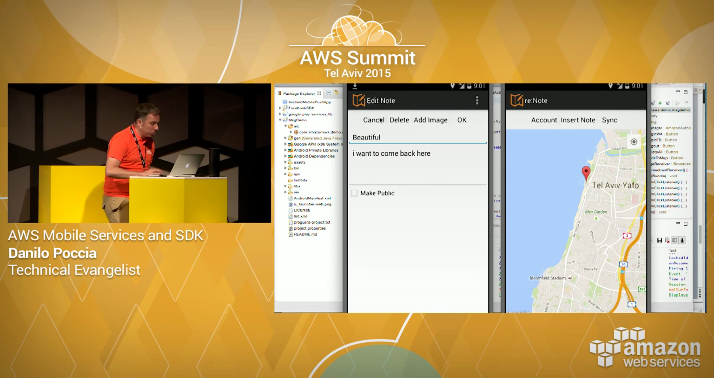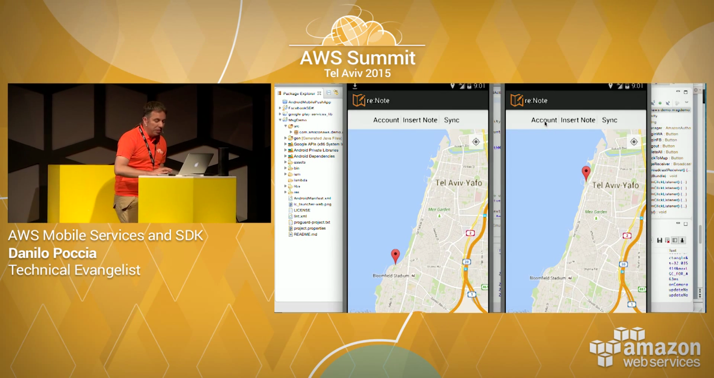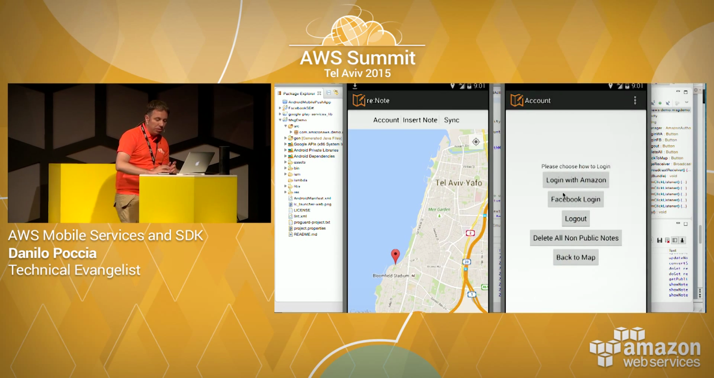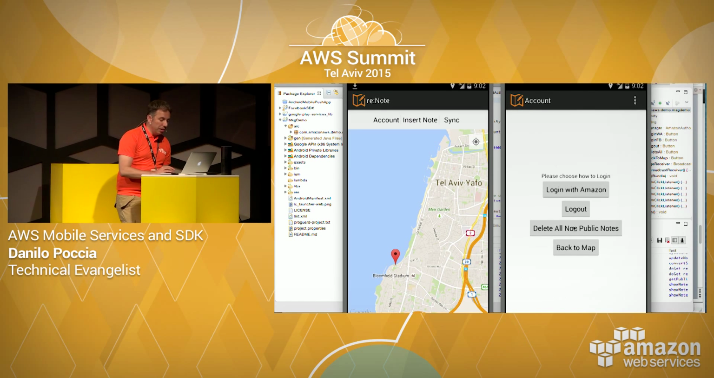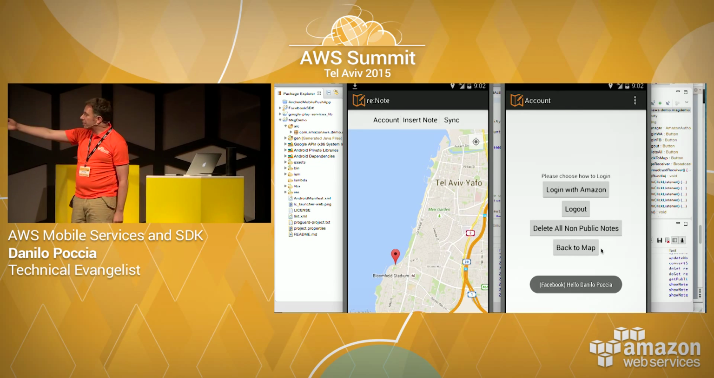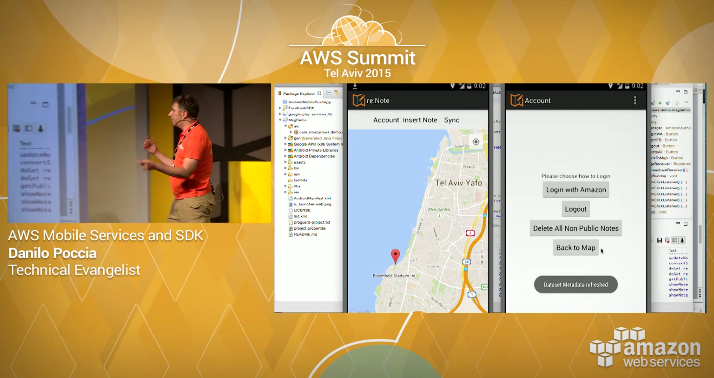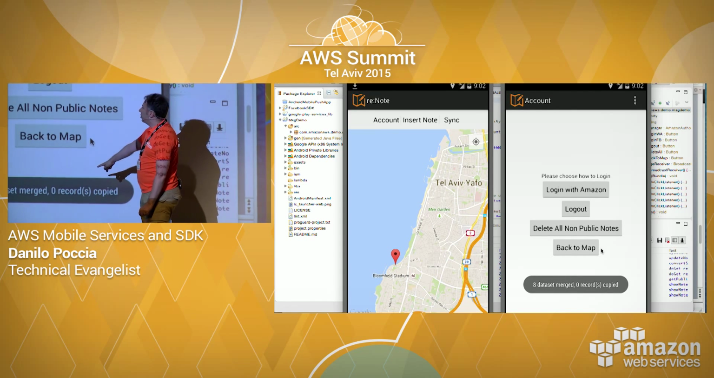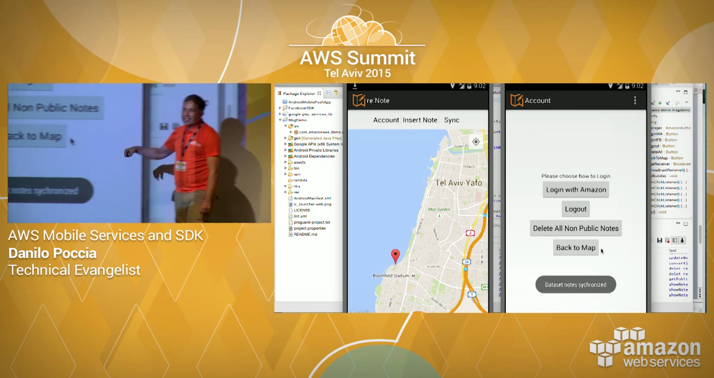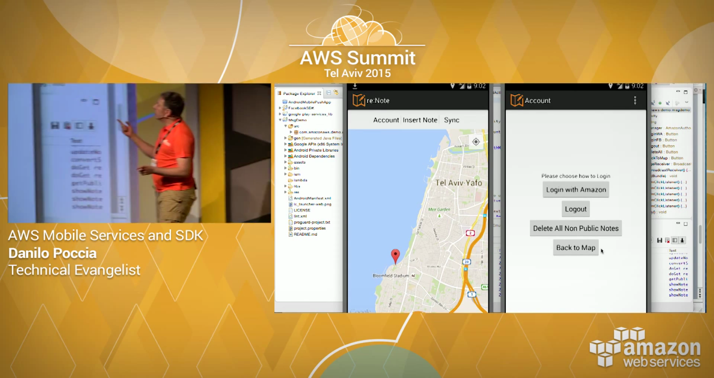But for now, we will not do that. What I want to show is, in the evening, I can also log in on this other device. And when this other device logs in, it will understand that it's Danilo again, and it will merge the two data sets. And when it merges, it can also send an SNS mobile push notification to all the other devices that are using the same